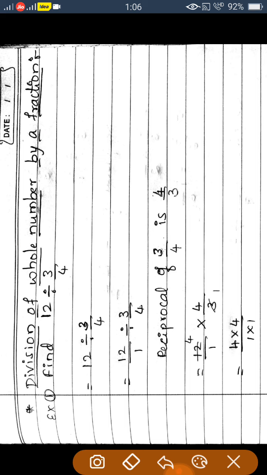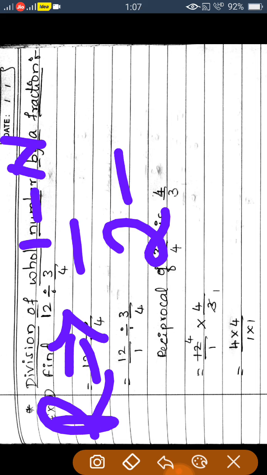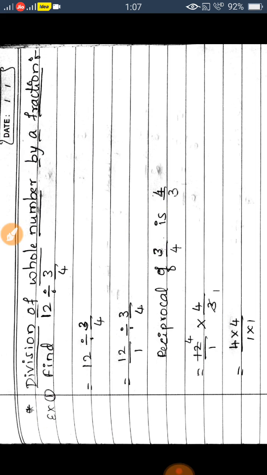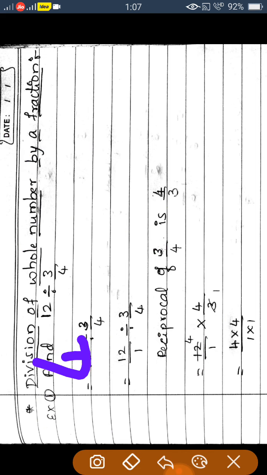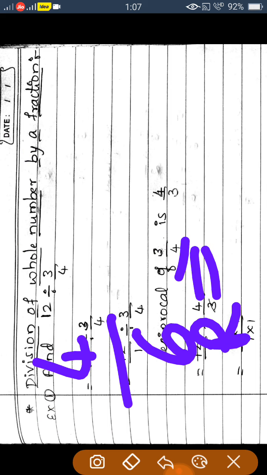So write the reciprocal of 1 by 2. See, 1 is in the numerator, denominator is 2. So reciprocal of 1 by 2 is the reverse process, 2 by 1. Reverse. Numerator to denominator, we have to change the number. That is only the reciprocal. Okay. Then what is the reciprocal of 4 by 6? The reciprocal is 6 by 4. See, we have a denominator and numerator. We can change it directly.